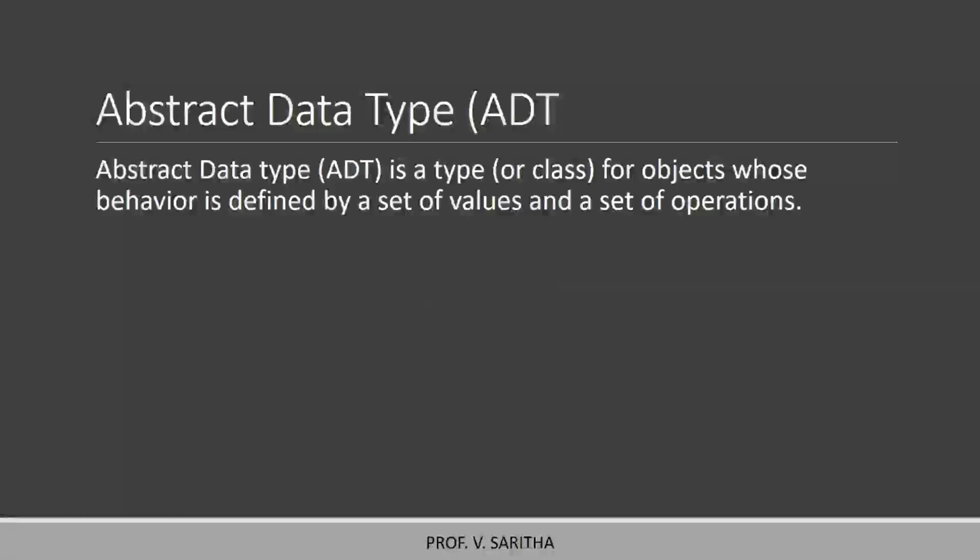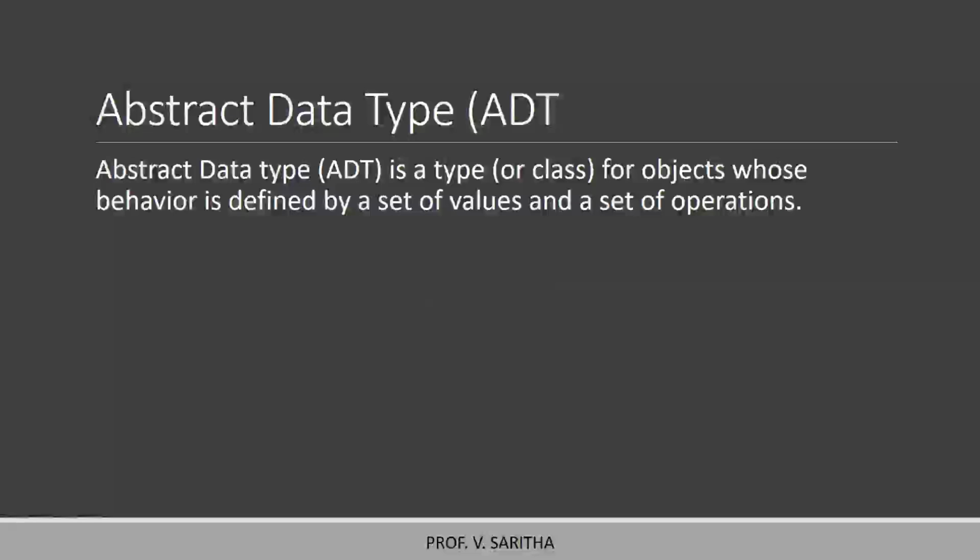Hi everyone. Today we are going to learn about the stack, the basic data structure. So first we are going to see the definition of abstract data type. Abstract data type is a type for objects whose behavior is defined by a set of values and set of